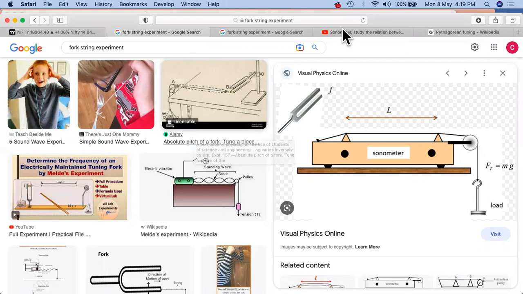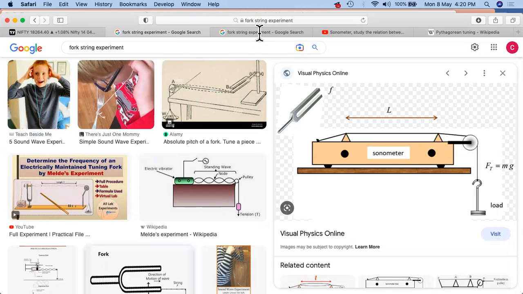Yes, I'll also be showing you a video about that, but the apparatus was in such a way that this is called a sonometer. There used to be a fork, right? So the fork has a basic frequency, right? And on this sonometer, there's going to be a specific length and some weight attached to it. When the configuration of weight as well as the length matches with the frequency of the fork, it starts vibrating. Now, what do you mean by vibration is that there are loops which have been formed.